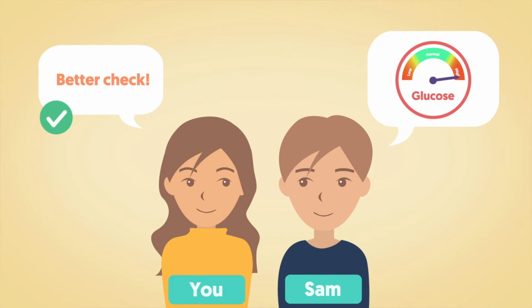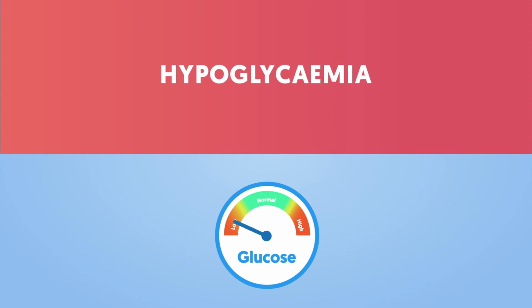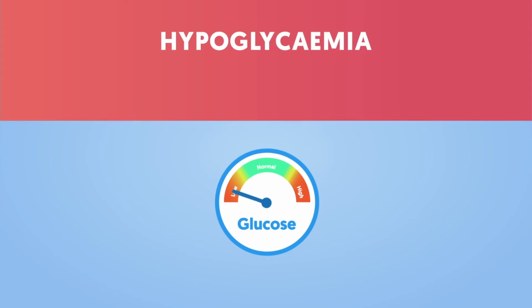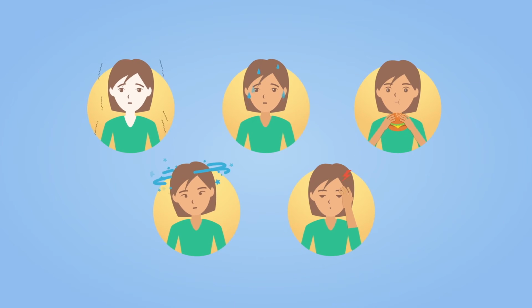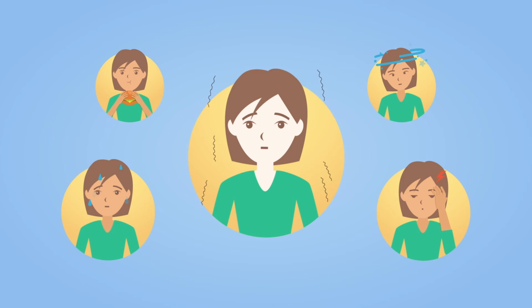Now that we have covered high blood glucose levels, let's have a look at the other end of the scale. Hypoglycemia, or a hypo, is when blood glucose levels go too low, usually below 4. Symptoms of hypoglycemia vary from person to person. However, the common early signs include shaking, trembling or weakness,